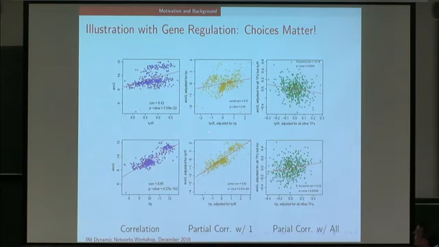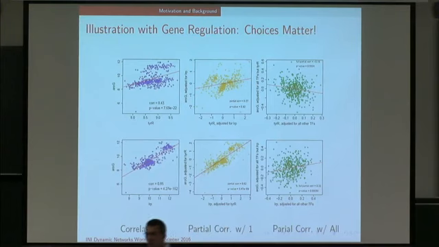What I have is gene expression data from a collection of experiments on just 3 genes. This is in E. coli, if I remember correctly. I've shown one gene plotted against another over the roughly 400 experiments, and another gene plotted against the same one on the y-axis. If you look just at the blue here, the idea is that if I'm using correlation to decide if there's an edge between these two, this is the simplest version of what one might use. Then I would say, well, here's a correlation of 0.43, here's one of 0.85, and if I compute a p-value using your standard Stat 101 machinery, I get incredibly small p-values. I say, yay, there's an edge, right?